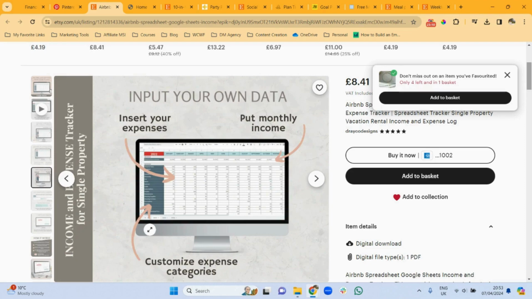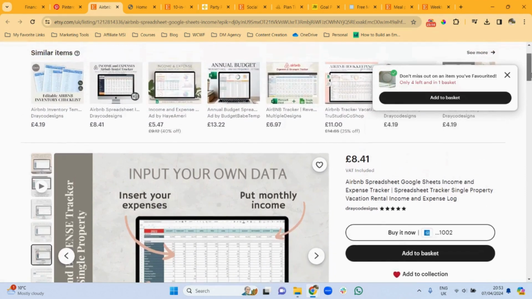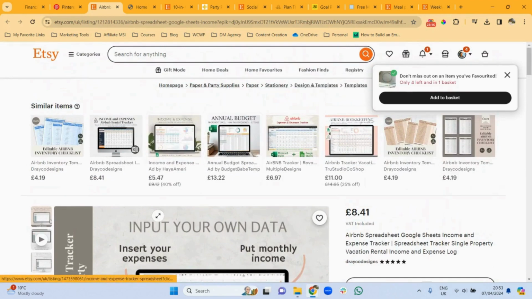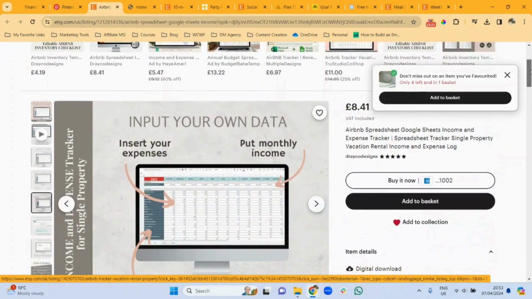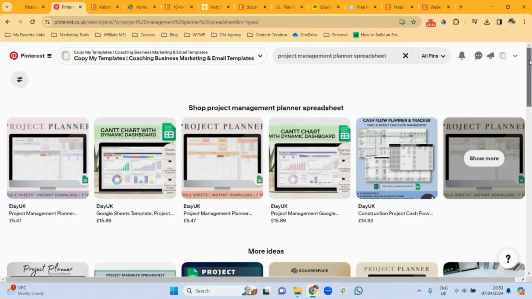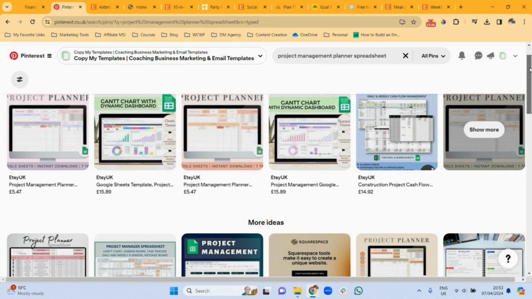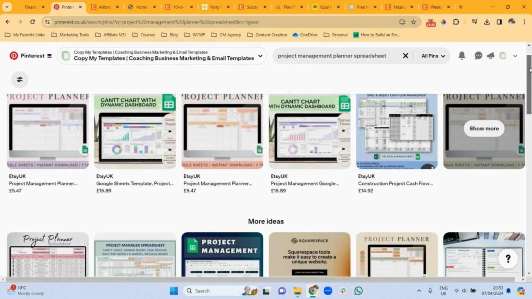And of course, if you are having that problem, maybe other people are having that problem as well. So it's something that you can definitely sell if you know what type of data and information goes into a spreadsheet like this.